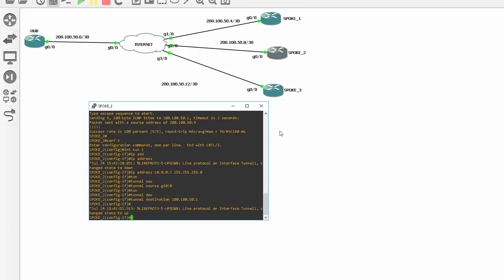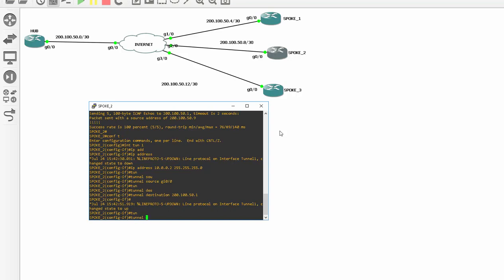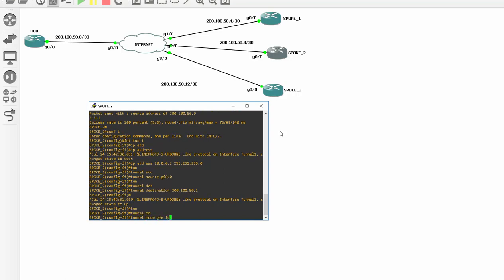Tunnel mode is GRE IP, which is the default. Again, you do not need to type this. Tunnel mode GRE IP. I'm only typing it so that you can see or be reminded that in a phase